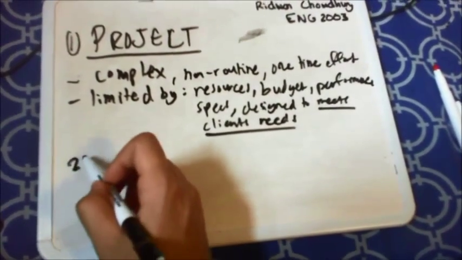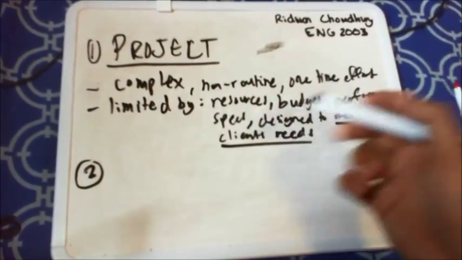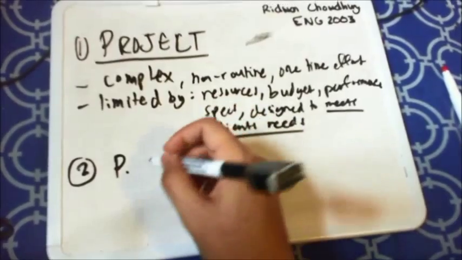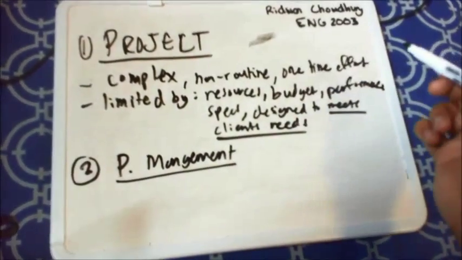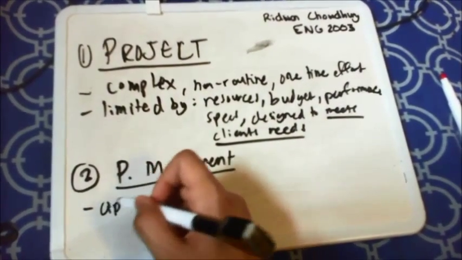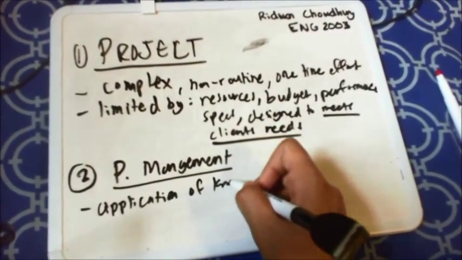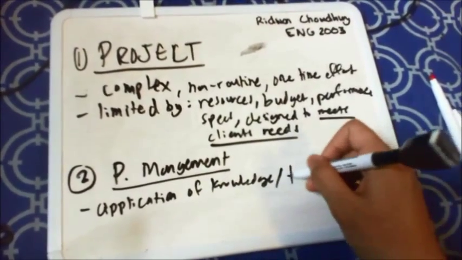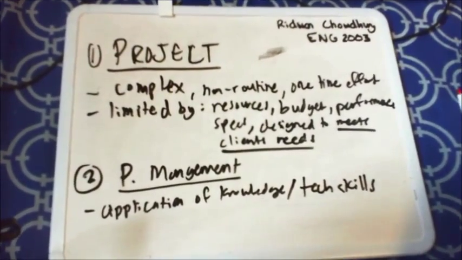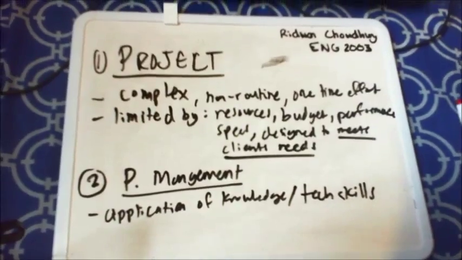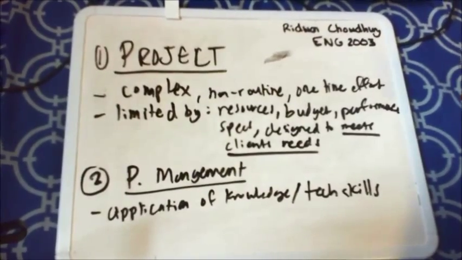Alright, and number two, now that we know what a project is, we can get into a bit more of what the topic is about. So project management. I'll just write P for project management. So what exactly is project management? Project management is when you take your knowledge of projects and you apply it. So the application of your knowledge, but also your technical skills. So, for example, if the project is a geotechnical project or a transportation project, you would apply your technical skills in those areas accordingly. And use a lot of tools and techniques to a broad range of activities in order to meet